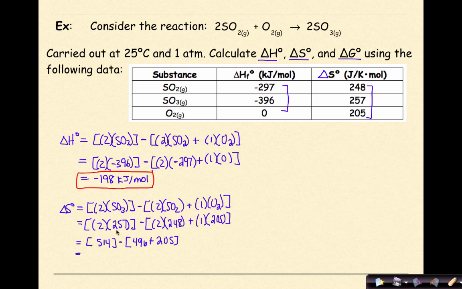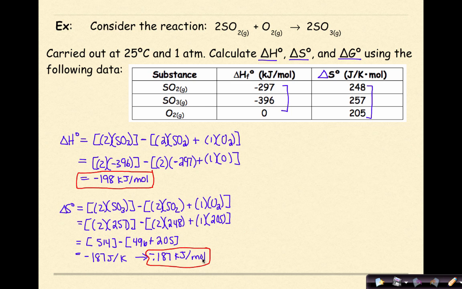So I plugged my values in. SO3 is 257, SO2 is 248, and O2 is 205. Then I did my calculations and I found that 2 times 257 is 514, 2 times 248 is 496, and 1 times 205 is 205. Therefore, my final answer for my delta S at standard state is -187 joules per Kelvin. And I know that since I'm going to find delta G here, I need to convert it into kilojoules per mole. So that's